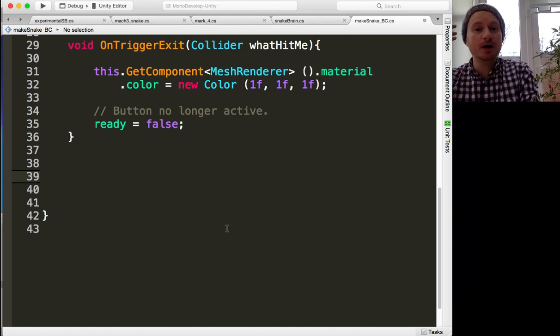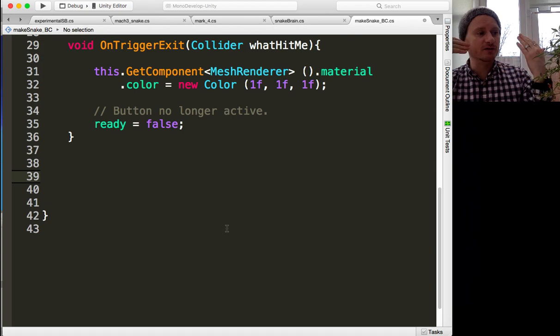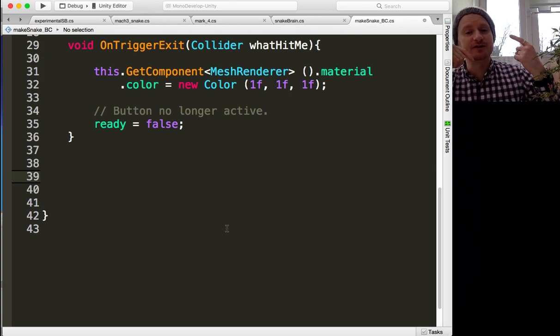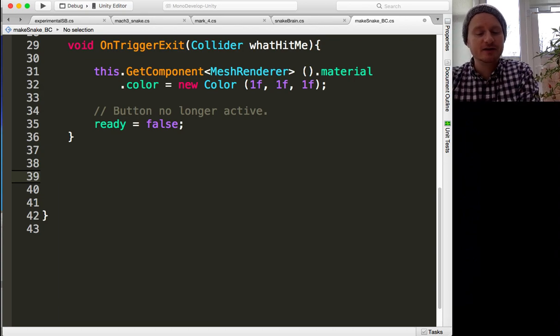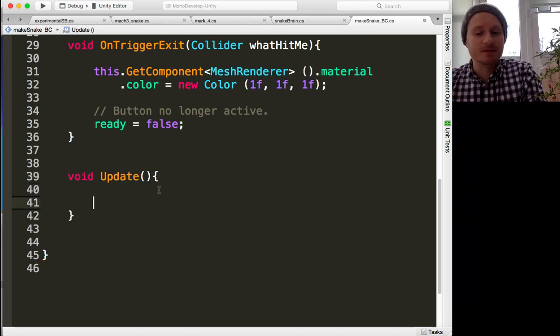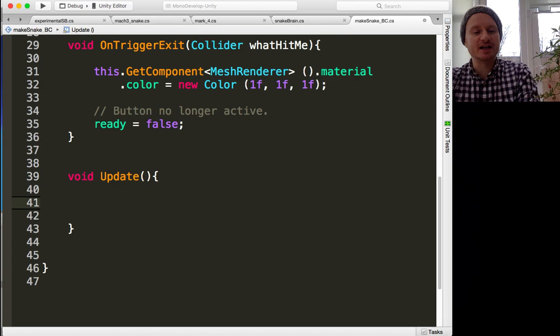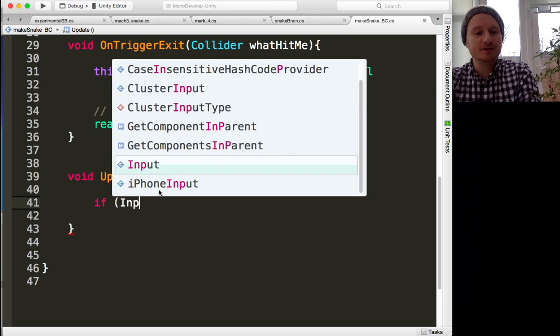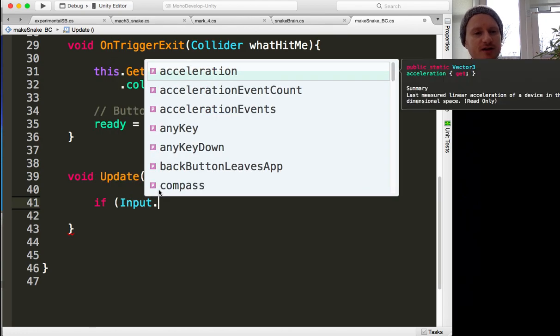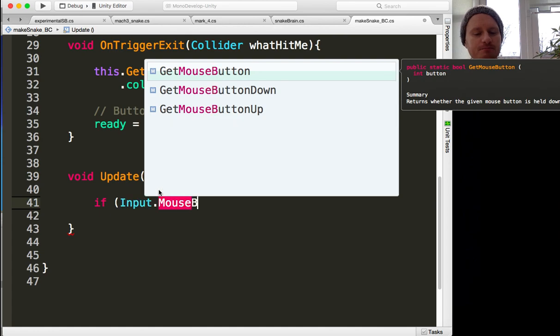And so it needs an update function in order to be present with what's going on in the scene, because the update function loops around and around and around, keep checking for things. So we just write void update, takes no arguments, and give it its body. There we go. We want to say if Input, capital I, dot mouse button, or get mouse button, we'll say